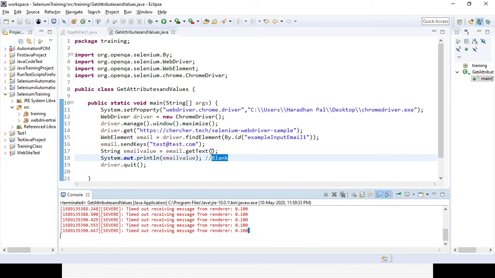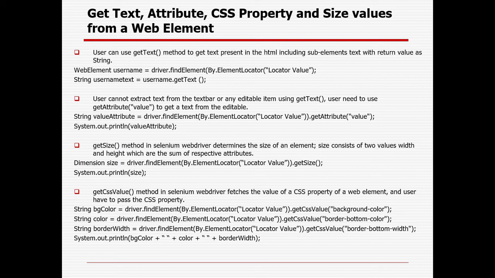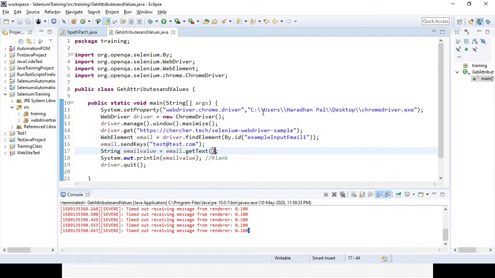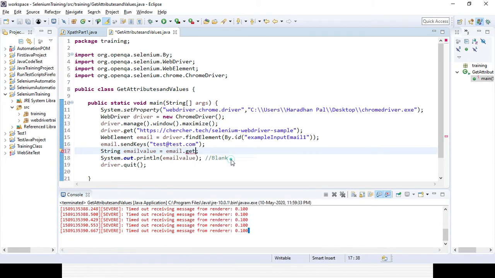But instead of the getText method, now if you replace it with getAttribute and pass value, the output will be test@test.com.